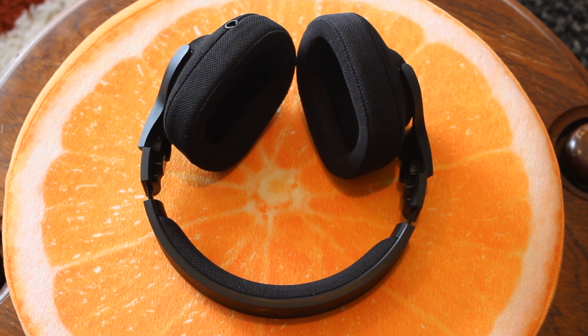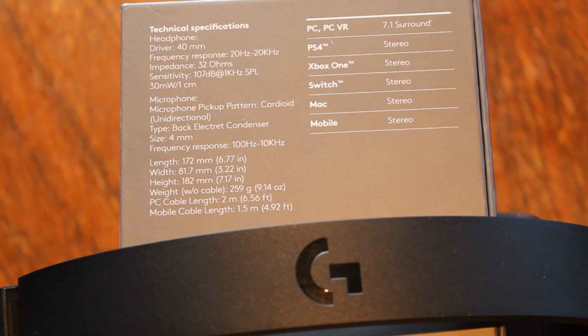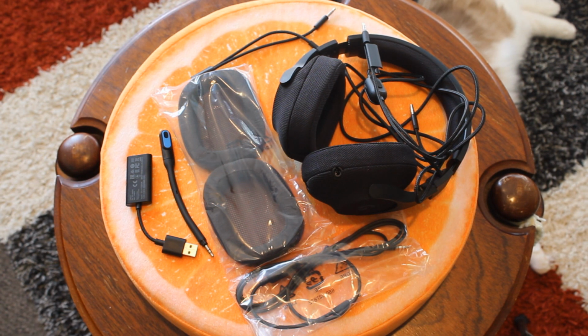As far as the drivers go, it's coming with 40mm drivers with a frequency response of 20 Hz to 20 kHz, impedance of 32 ohms, and the standard cable length is about 2 meters, which is pretty good for most people if you're going to be using these at a desk. It comes with a detachable microphone and heaps of accessories. There's just so many cables that come with this. This can be used with pretty much every device though, so your PC, consoles, your mobile phone, whatever it is, you should be able to use this with it,